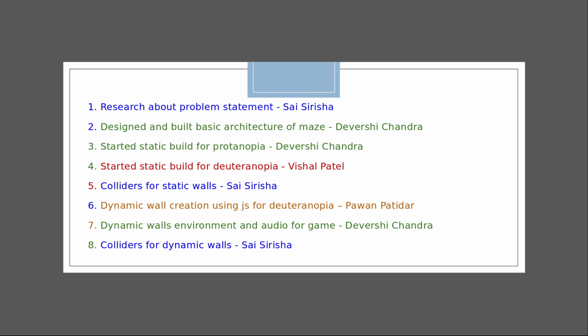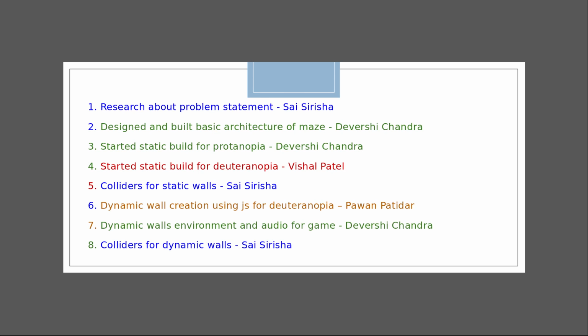So first of all, when the problem statement came, we had to research various tests that are going on and read some papers. We came across a paper on how to use virtual reality based gaming to detect color blindness. It was a game in which there were doors, and the user had to go through the door which had the matching color as the one given to him. So basically we took our idea from that.